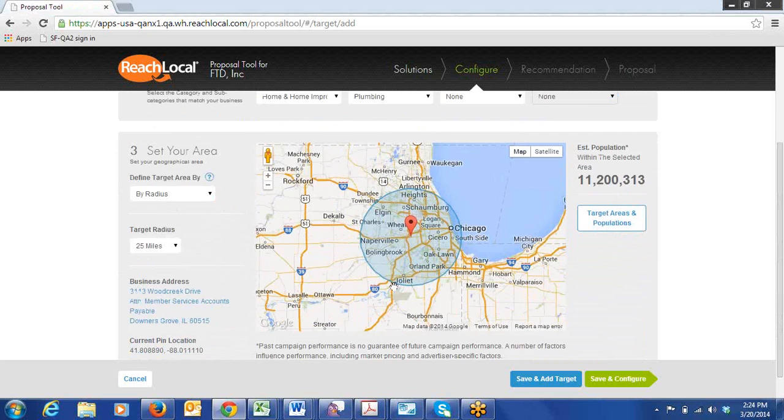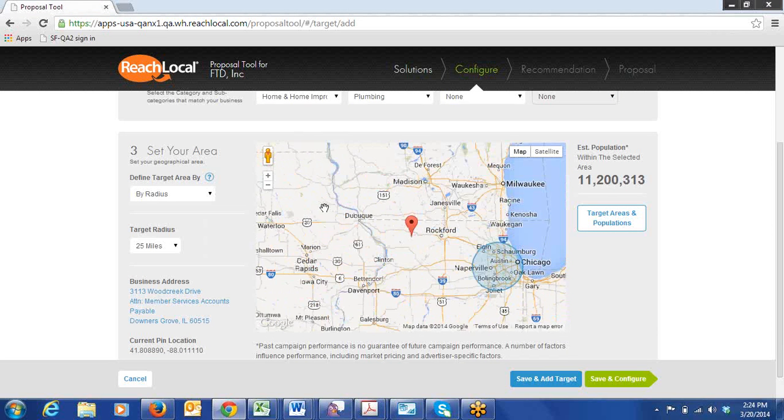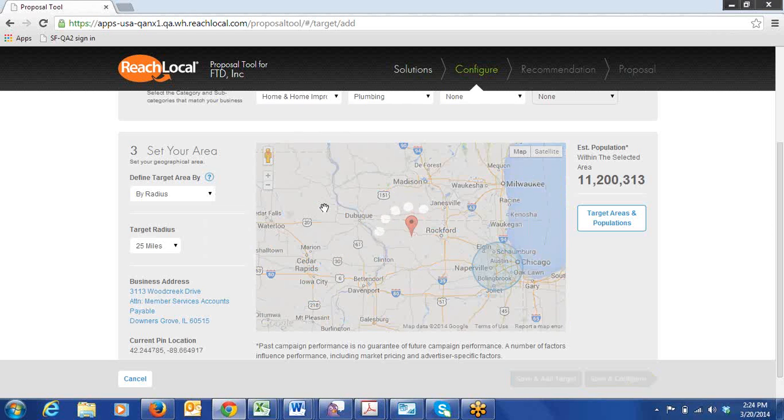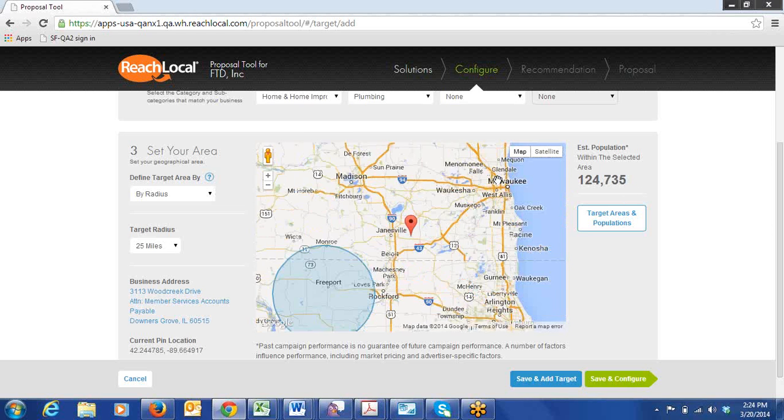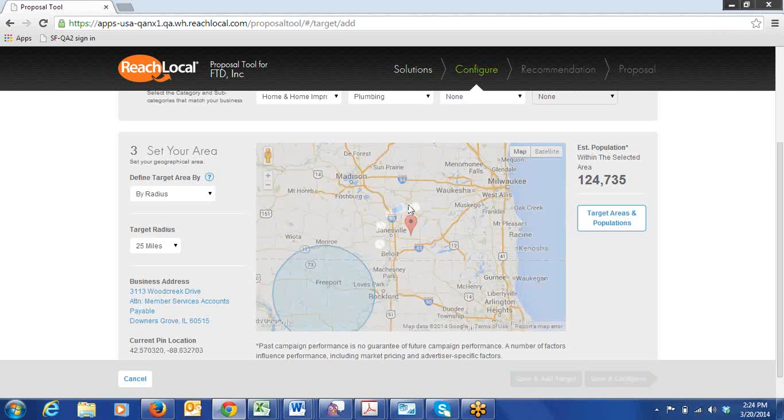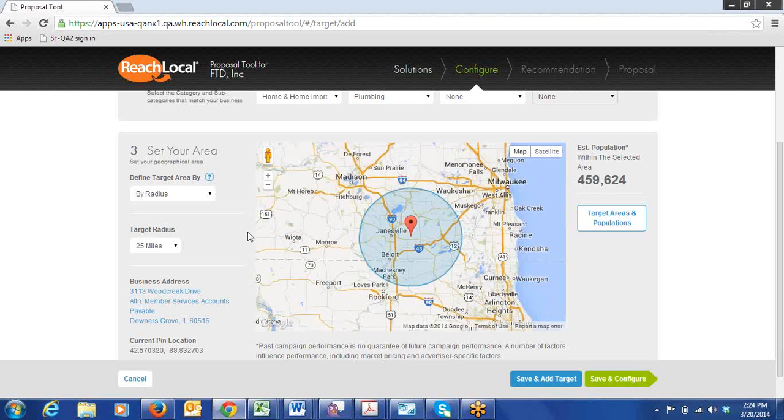The first actual improvement that we put is on the targeting page. If you guys have played around with the map so far, you probably have noticed that you can click on the map to change the location to whatever location that you want, and the population changes on the right automatically based on that new location that you chose. This is a great feature to show in front of your client,